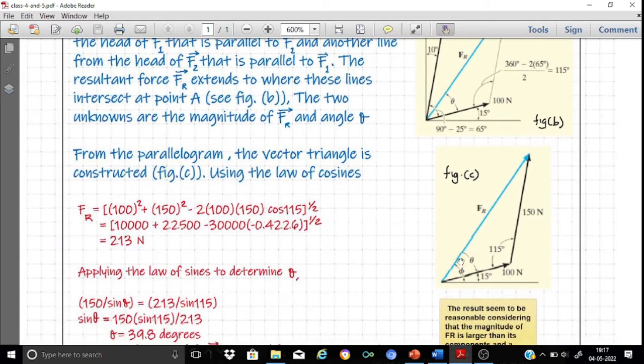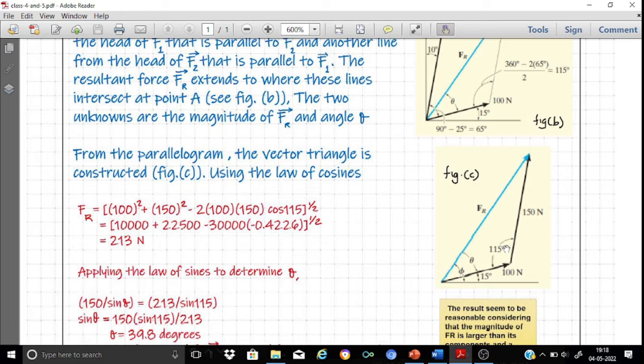So now let us focus on this triangle. We have the two sides. This side representing 100 Newton and the other side representing the 150 Newton. And we know the angular angle between these two sides, that is 115 degrees, which we have straight away taken from the parallelogram. So we can directly go for the application of the law of cosines, which says that c